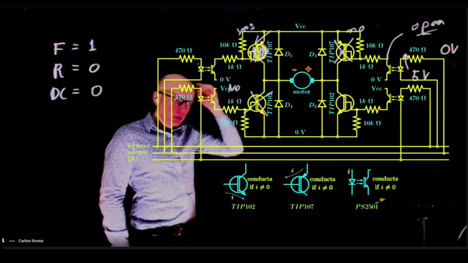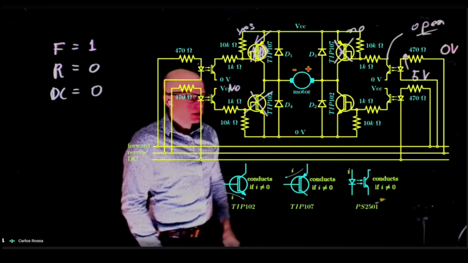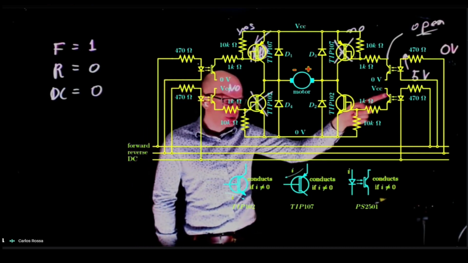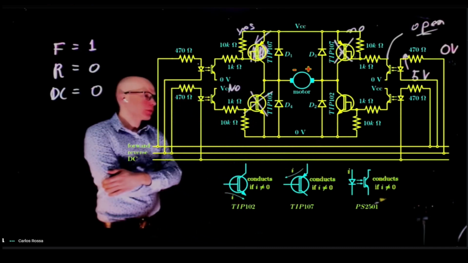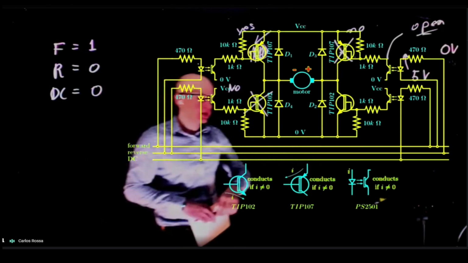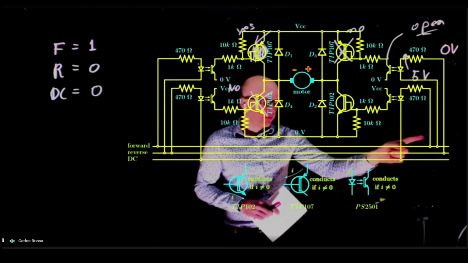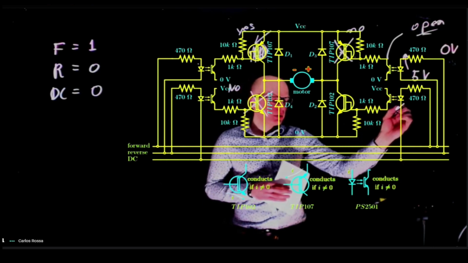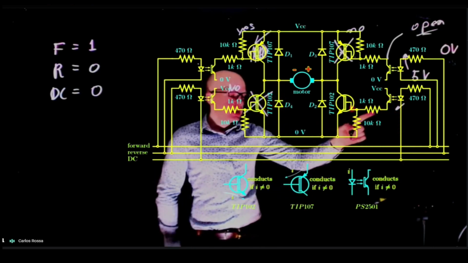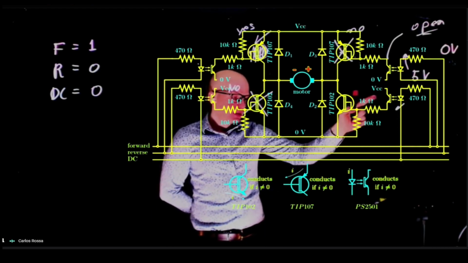All right, let's do this one now. Is this conducting or not conducting? Let's start with this optical coupler here. Is this one conducting or not? It is conducting. This time it is conducting. We have a high voltage to low voltage. So this guy here is conducting, which means that this is now connected to VCC. This closes the switch here, and it is connected to VCC,